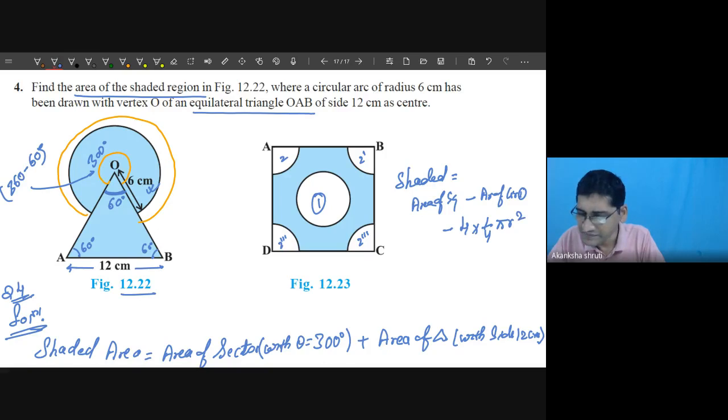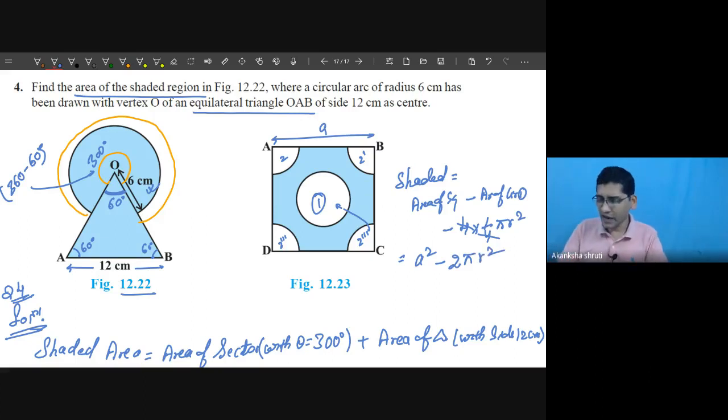Is it okay? And even this part, this area or this radius of these two are the same. I hope the same kind of question is in our book. So just you have to write the area of a square if the side length A is given. So A square minus area of this circle, and this 4 are getting cancelled, both are in negative, 2 pi r square. It is this much only. Now what is the relation between A and R? Get the data from the question and substitute it. You will get this.